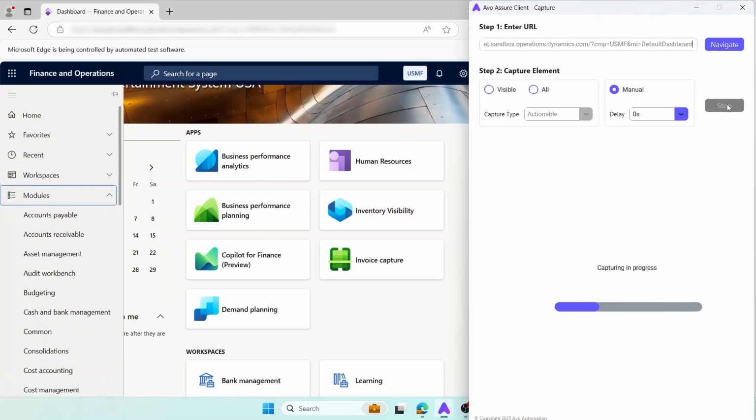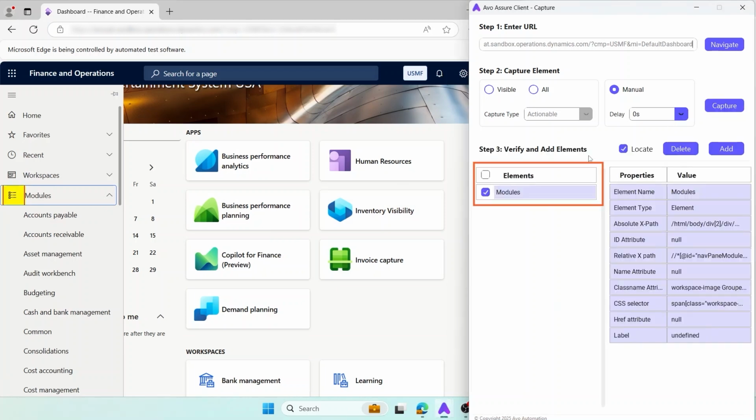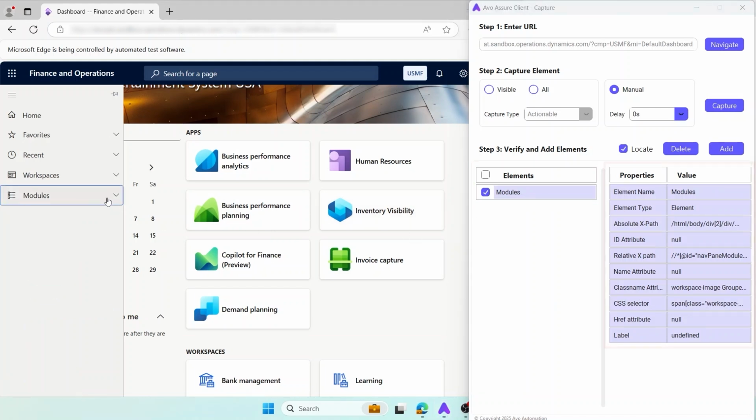Click on the stop button once the elements are captured. This stops the capturing and displays the captured elements on the Avo Capture window. Along with the captured element name, the identifier properties and attributes